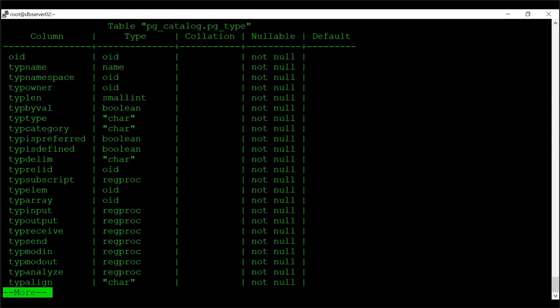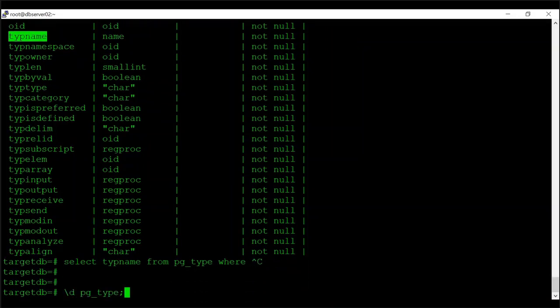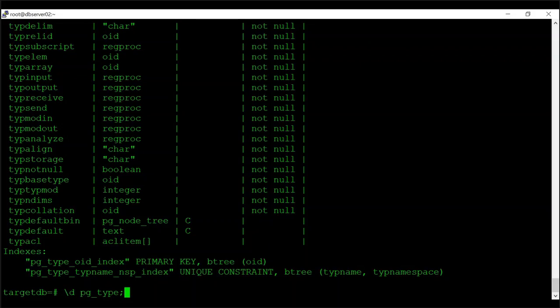In this, we have type name and type storage. Let's do a query on pg_type where